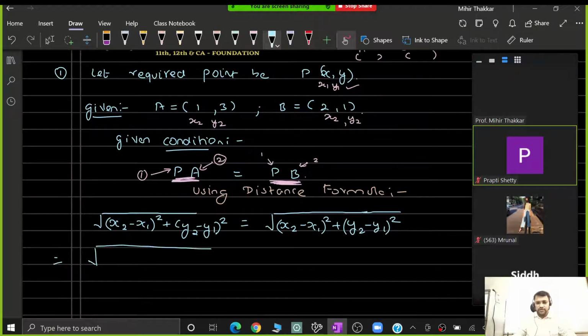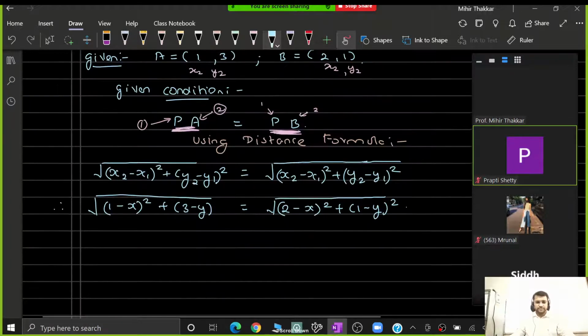This will become under root of, x2 minus x1, as I told you that A values are x2 and y2, so 1 minus x plus y2 minus y1, 3 minus y. Again, when you are working for PB, in this case 2 minus x and 1 minus y,